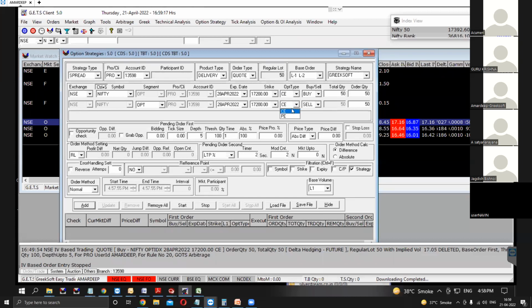if I'm selling a call and a put option of 17,200, but I want to do it timer based or market participation based, even that is possible. This is a new feature that has been added here. So I can simply, for example, say total quantity is, say, 5,000 or 50,000, and